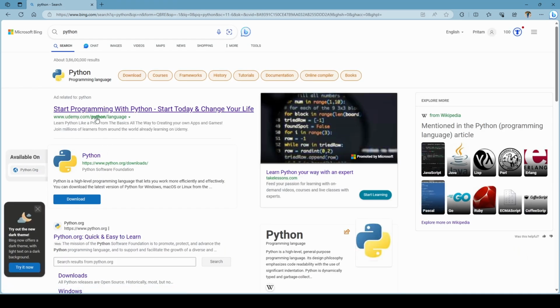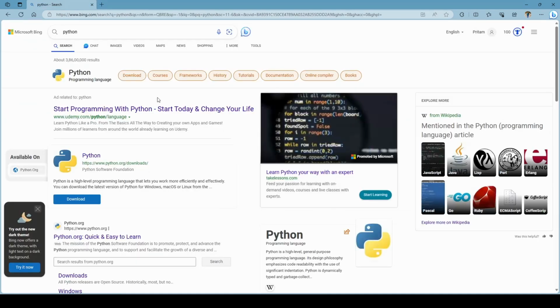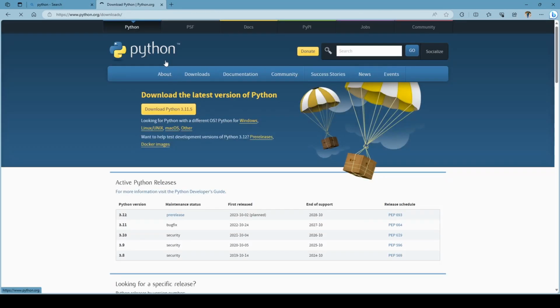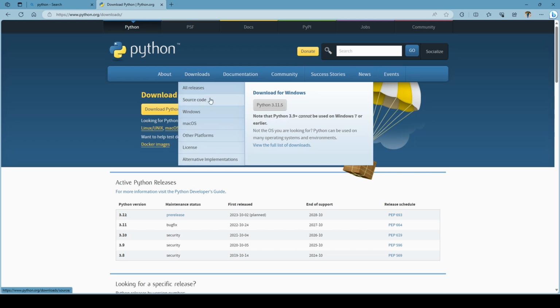So here, python.org download. In the download section you can download the latest version. I am not using any particular Python version here right now. You can start with any version of Python 3. That is fine for beginning purposes.